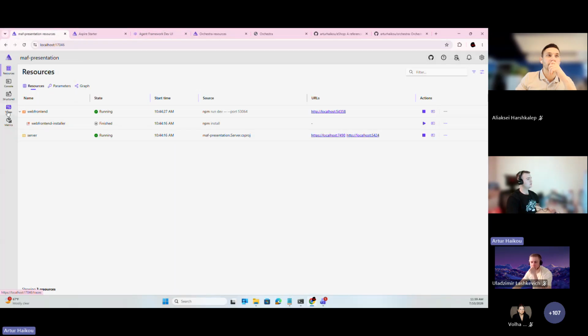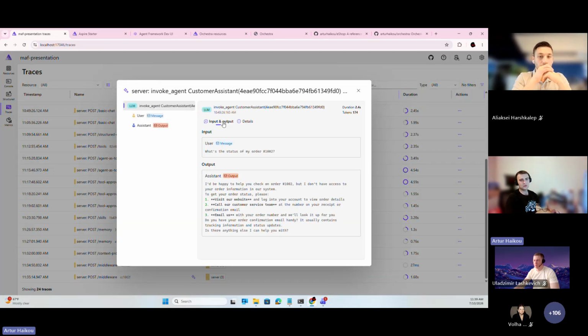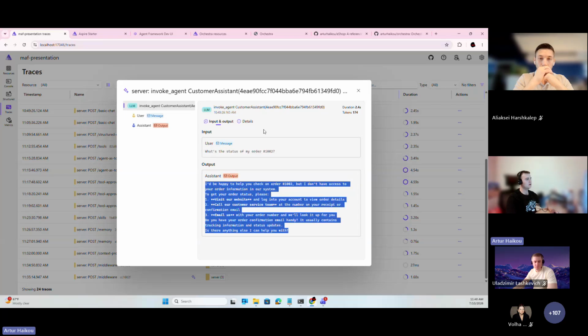First of all, observability. For all these calls that I made during this presentation, we have traces, and observability was added, and now I am able to see in the Aspire dashboard what was called, like, for instance, the status of my order. We can see that the system was responding in this way.